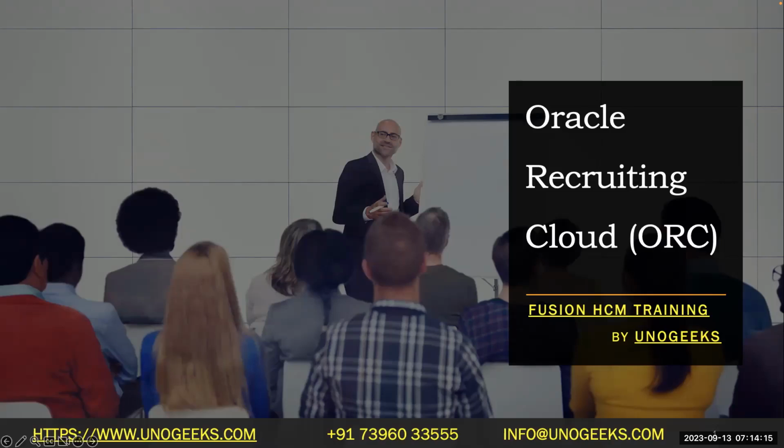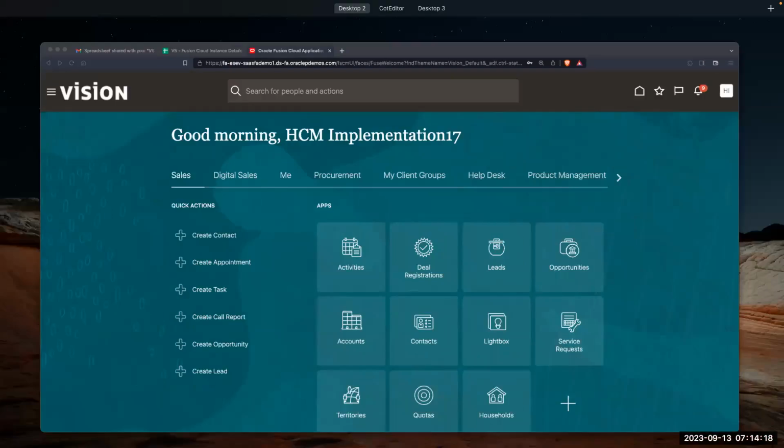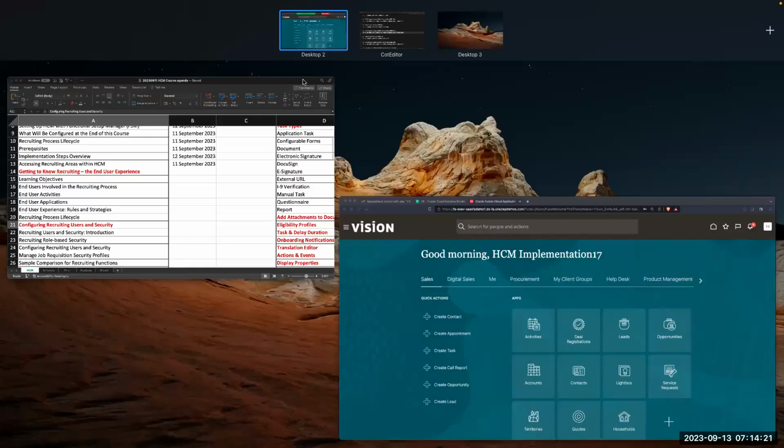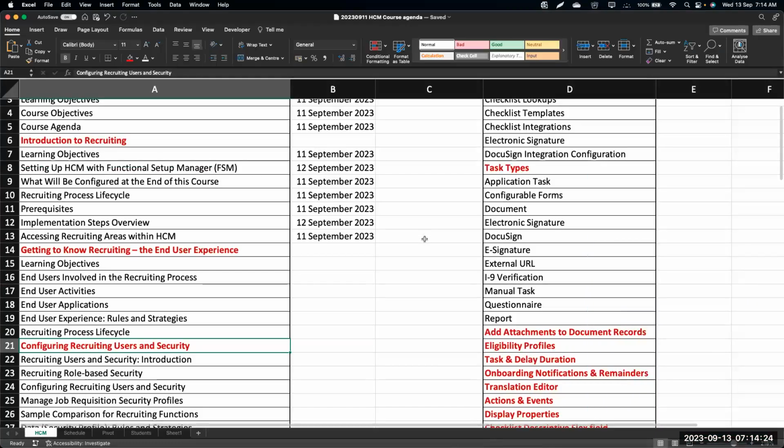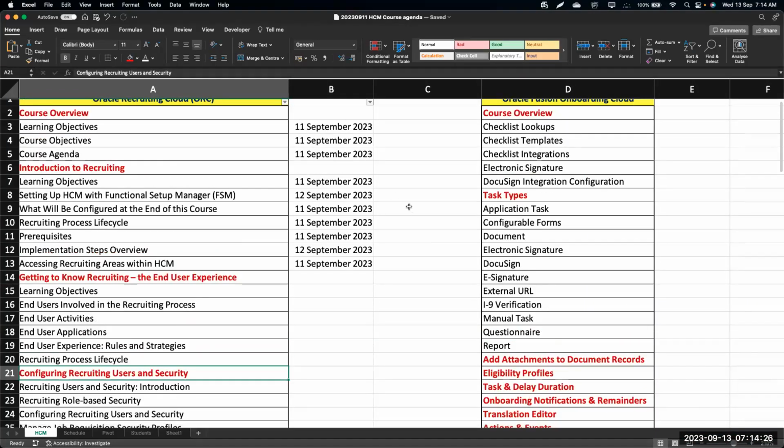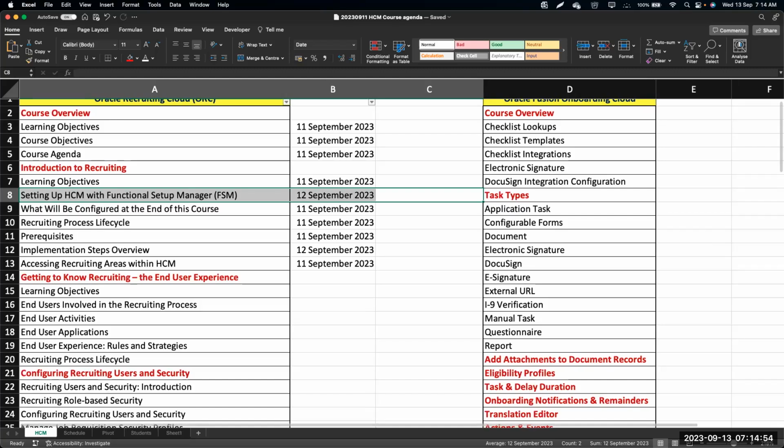So with this, let me move on to today's session. Team, in yesterday's session we talked in detail about FSM. We talked about what an FSM is, how to export the configurations, and how to import the configurations in another instance. And we saw three different methods through which we can export and migrate the setup from one instance to another, starting from task level CSVs and offering level CSVs and the configuration packages. Any other doubts or questions, team, on FSM before I move on to today's topic?